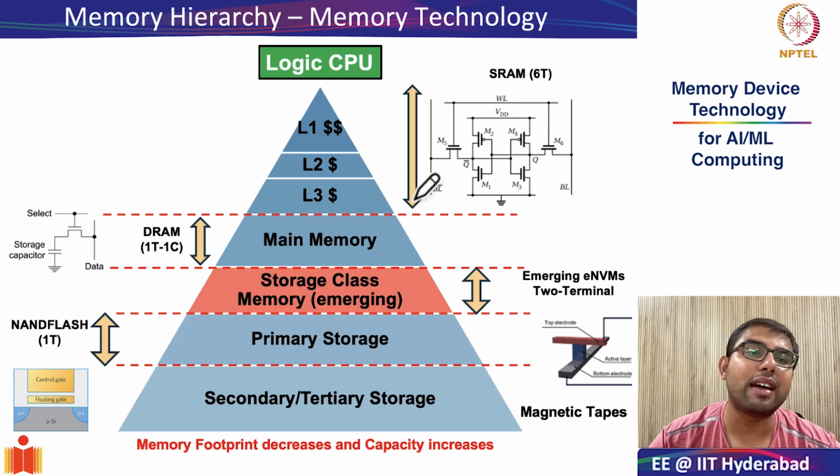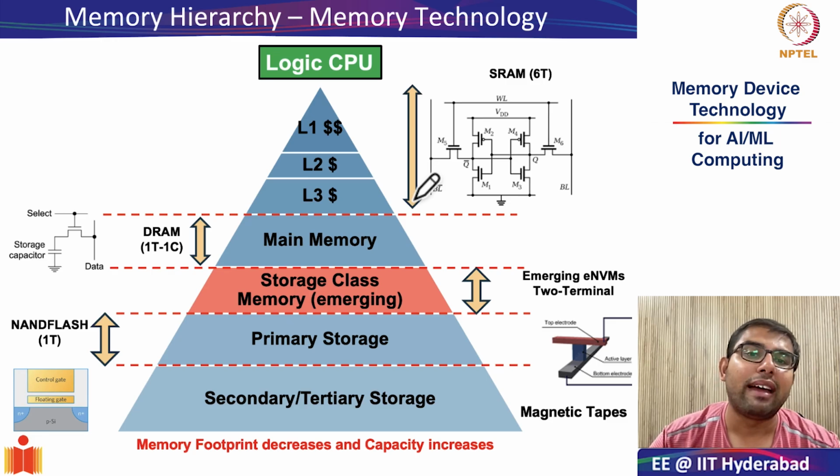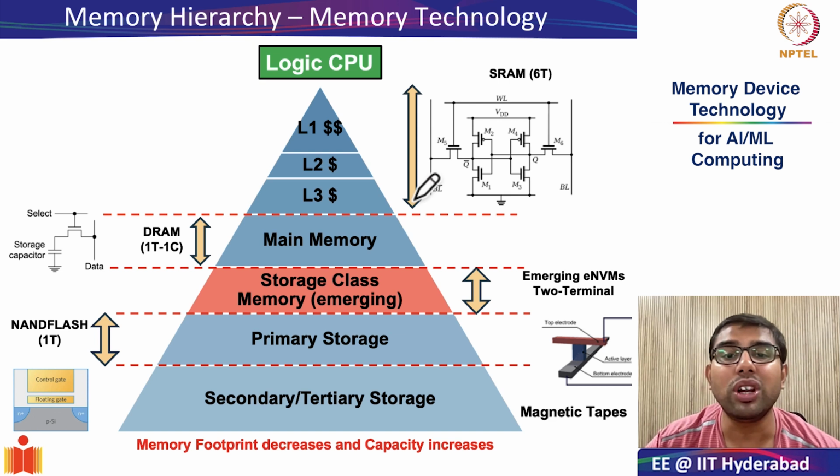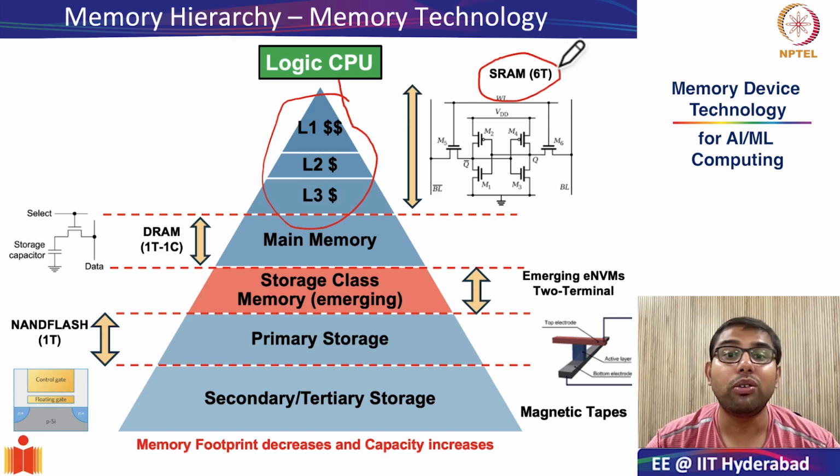Also, we looked very carefully at the memory hierarchy from the perspective of memory technology. And this makes a lot of sense because of the trade-offs that we spoke about, that are inherently embedded in your memory hierarchy. As you can see, the composition of L1, L2 and L3 caches is these so-called 6T SRAM cells, made out of 6 transistors. So quite bulky cells. And the idea is that you would want very low latency or very high performance, but you have to compromise on the area or the bit density.